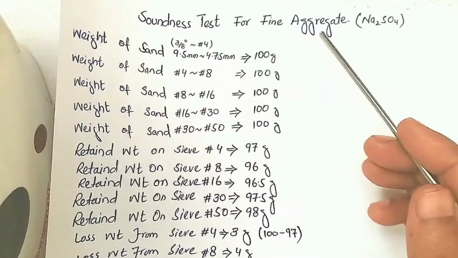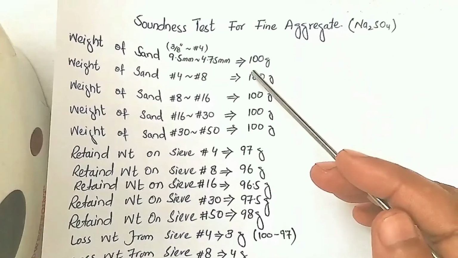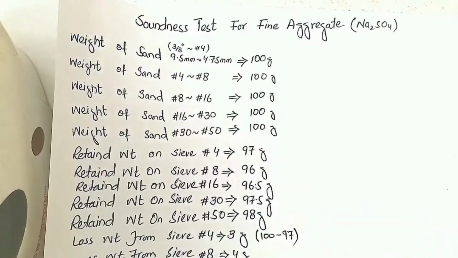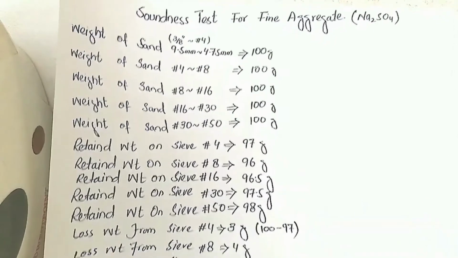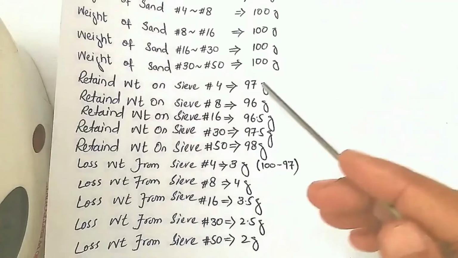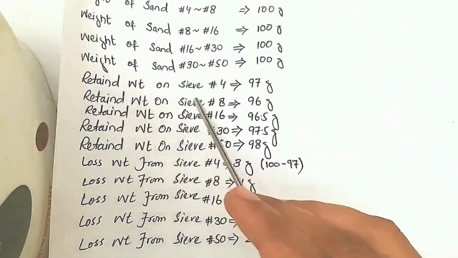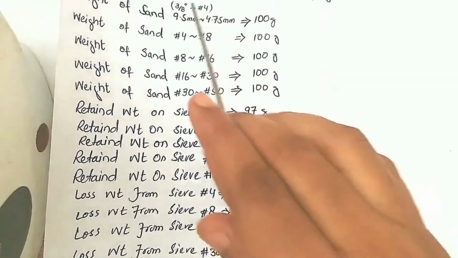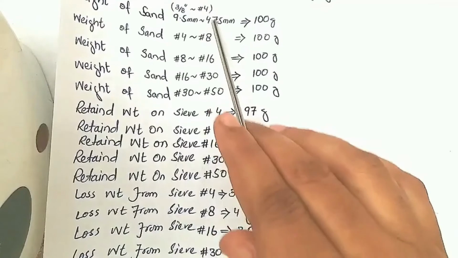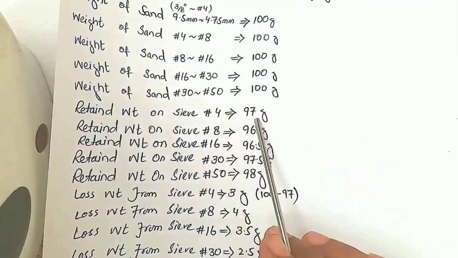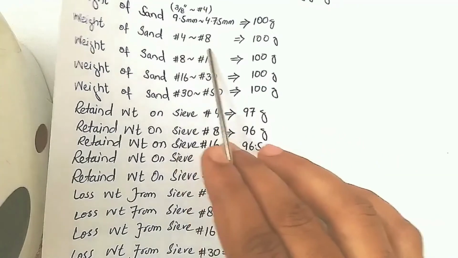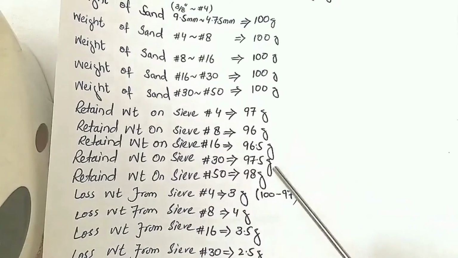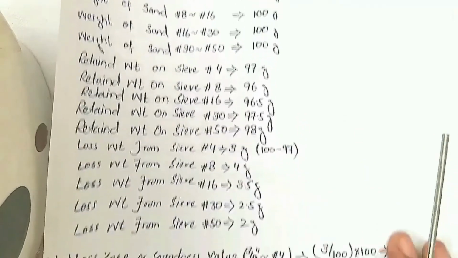साउंडनेस टेस्ट फॉर फाइन एग्रीगेट की जो कैलकुलेशन है वो बिल्कुल ही आसान है। इसमें ये देखें सबसे पहले हमने तमाम फ्रैक्शंस का 100 ग्राम्स वेट किया था, जिस तरह से मैंने स्टार्ट में बता दिया था अकॉर्डिंग टू ASTM। और उसके बाद 100 ग्राम्स के बाद जब हमने रिटेन वेट लिया हर एक फ्रैक्शन का लास्ट वाली सीव पे, मतलब हमारी जो पहली फ्रैक्शन थी वो 3/8 से नंबर 4 तक थी, तो हमने नंबर 4 पे उसका रिटेन परसेंटेज लिया तो ये 97 ग्राम्स आया। इसी तरह से 4 to 8 नंबर पे हमने लिया तो वो 96 ग्राम्स आया। इसी तरह से हमने तमाम सीव्स के रिटेन वेट ले लिए।